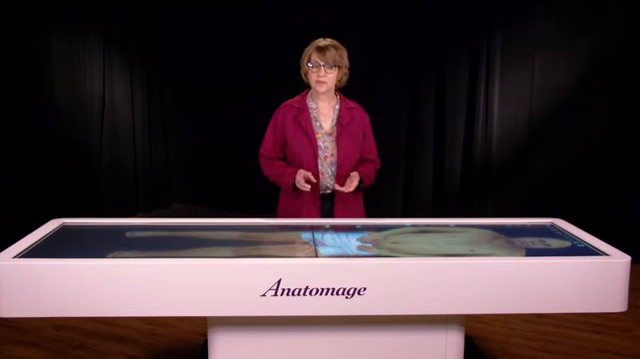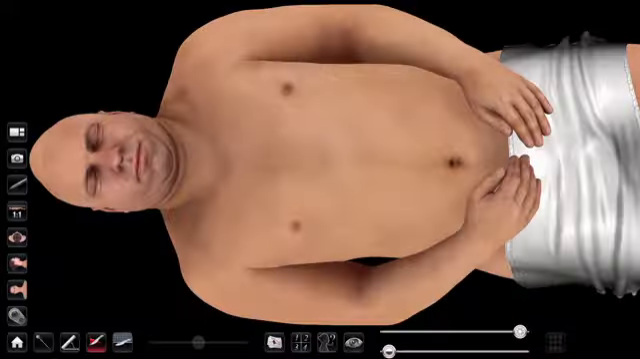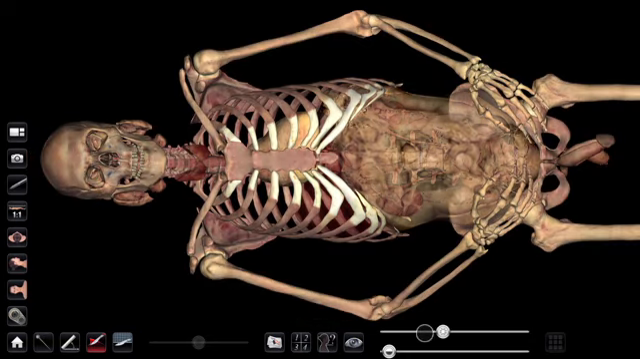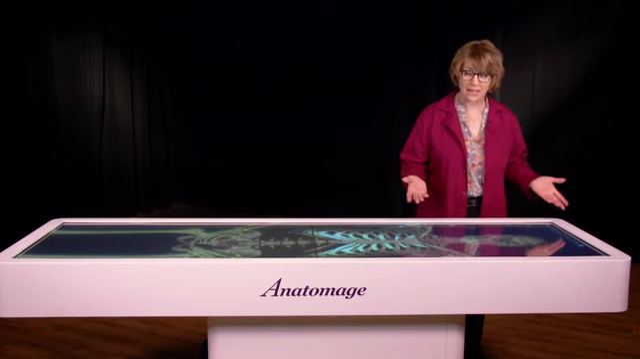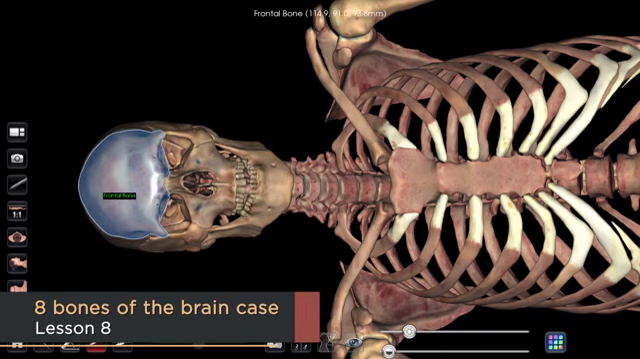Lessons 7 through 11 were about the axial portion of the body. So let's take a look now at the axial skeleton. We've got our cadaver here. Let's take it down to the bones. All right, let's start with the skull. So as we know, there are 8 bones of the brain case. Here we see the frontal bone,